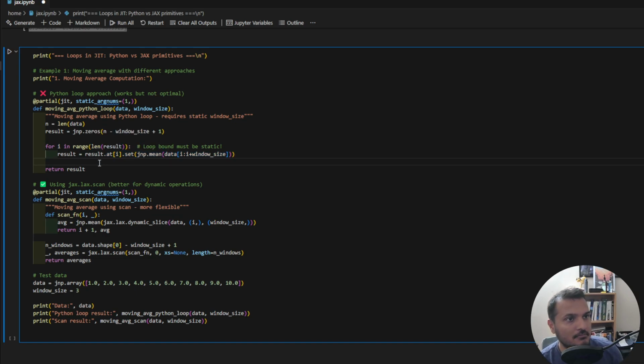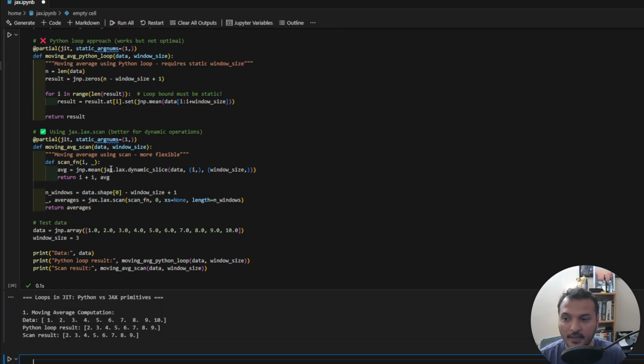So this is how you would ideally do it. I first compute how much data I have, pre-fill the output with zeros, and then in the output keep on computing the results for each given location. So let's run it. So this works. There is no issue, but it is not optimal